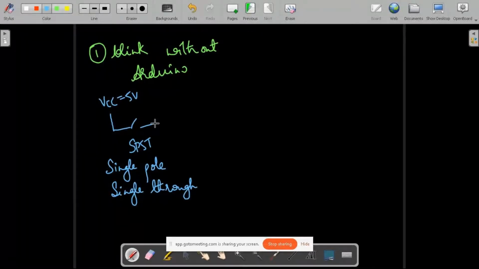And right after this single pole single throw, what I got to make use of is an LED, and you can go for an LED of any color of your choice, followed by ground.